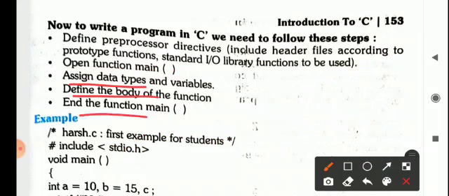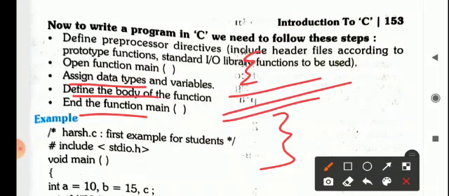And then finally end the main function, that is, the ending is done with curly braces. Opening of the main method is done with an opening curly brace, and then you write the whole body of your main function, and then you close it with the brace facing towards the left side, and the opening one should be facing towards the right side.